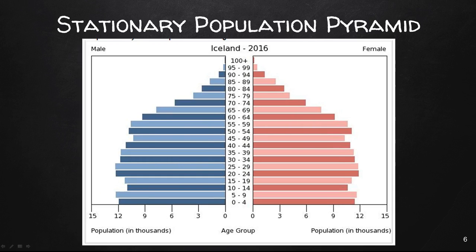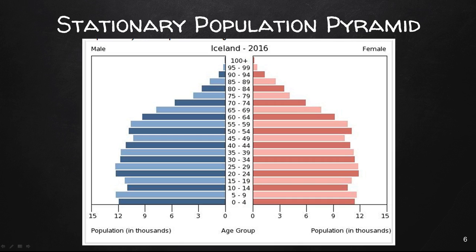So here, stationary or stable population pyramids have this half ellipse shape. The base of the population pyramid is similar in width to the population of the reproductive ages, which indicates a stable population. Generally speaking, stable populations are characteristic of high standards of living, low birth rate due to good family planning, access to birth control, financial planning, education, and a low death rate due to good medical care, nutrition,